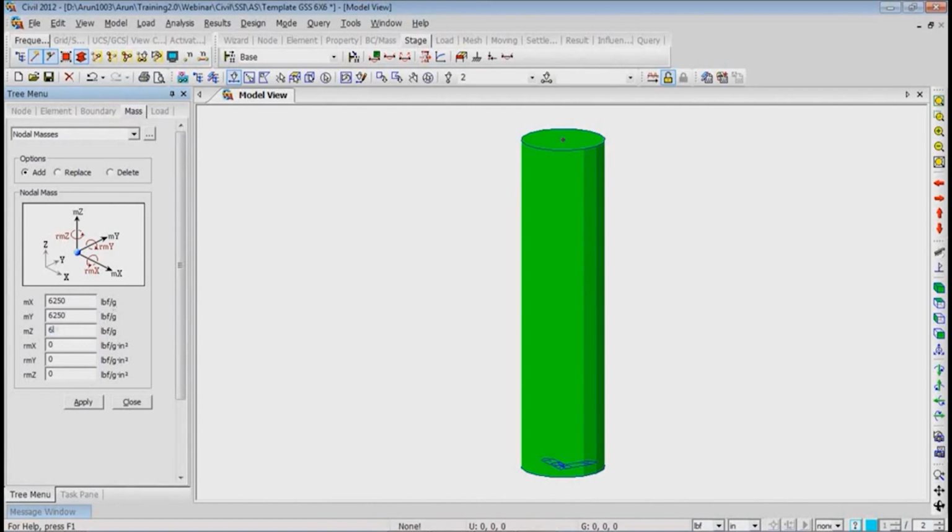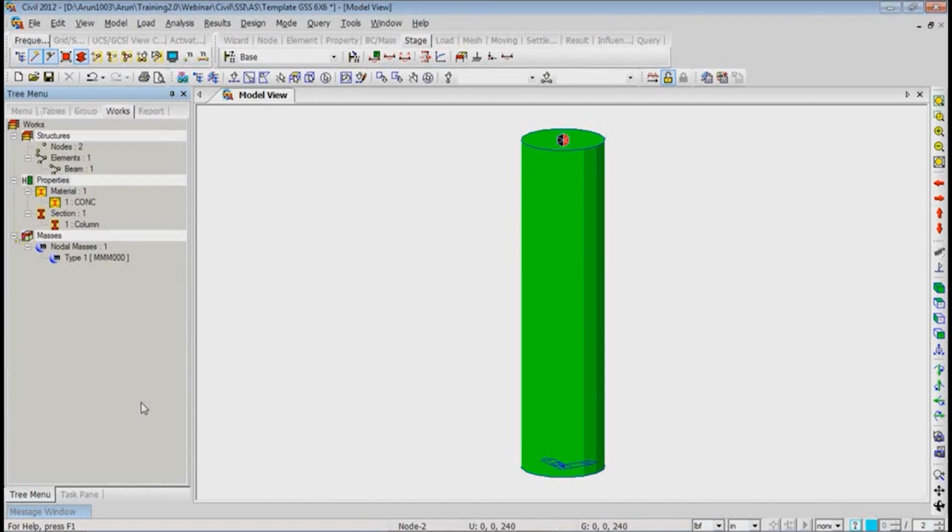I'll apply equal mass in all three directions and then click apply, and this symbol notifies that the mass has been applied at the top. Since it has been applied in the MX, MY and MZ directions, half of this hexagon is red and the remaining half is black. I'll close this,